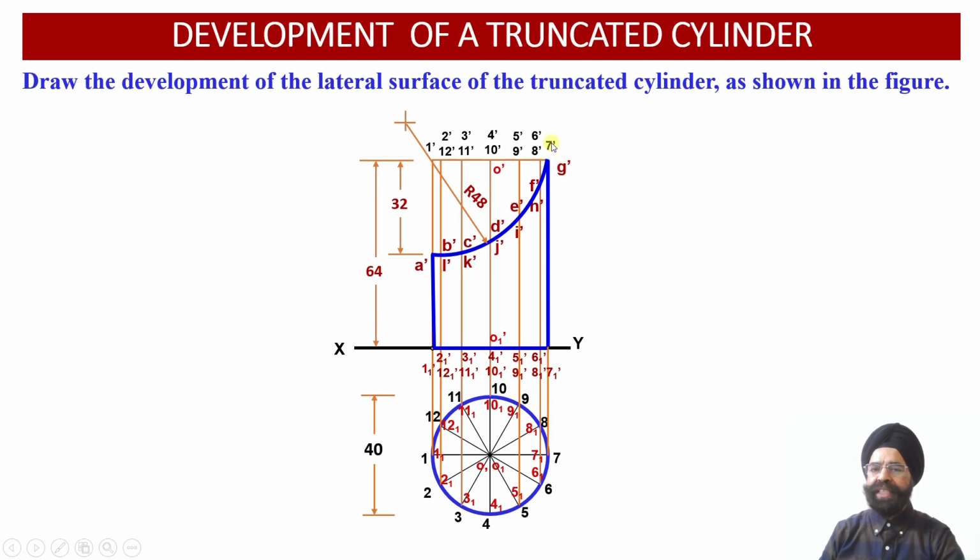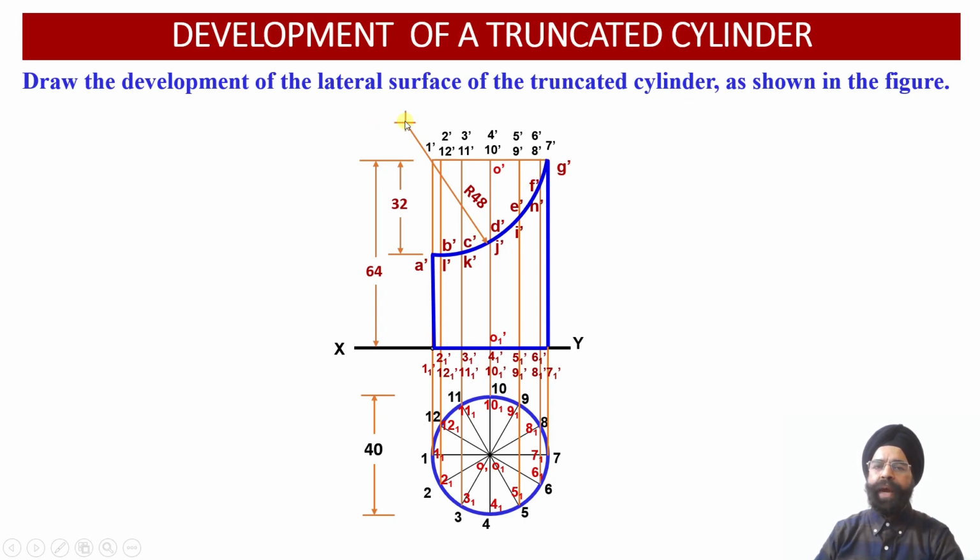Similarly, from the point 7 dash, corresponding to the extreme right point on the top face of this cylinder, we again open the compass to 48 millimeter and draw another arc through the point 7 dash. Wherever the first arc through A dash intersects the second arc through 7 dash, both having radius 48 millimeter,